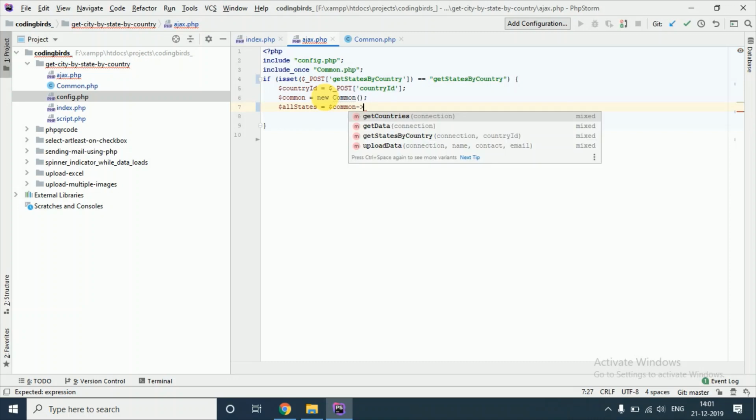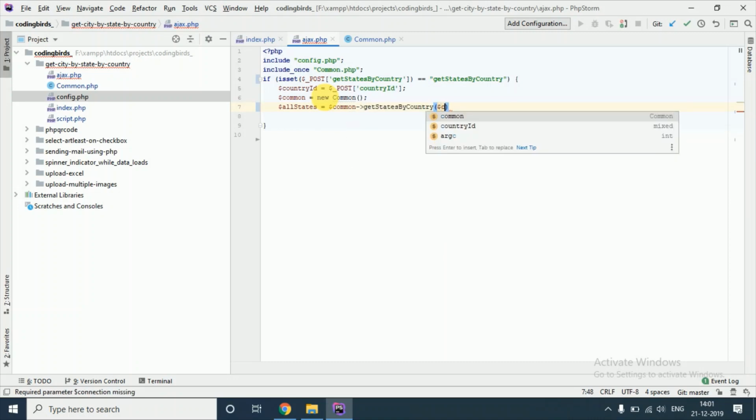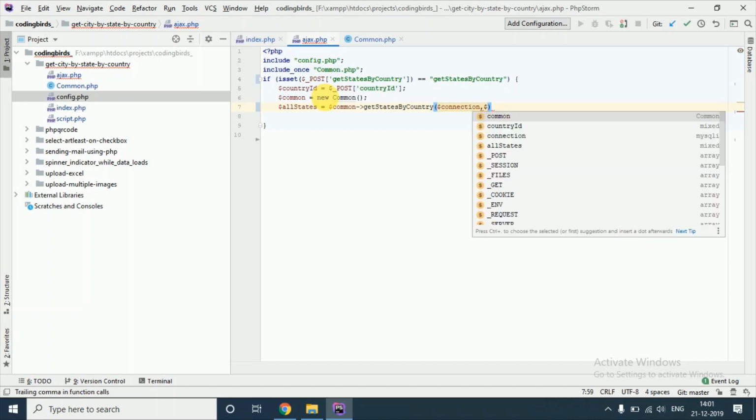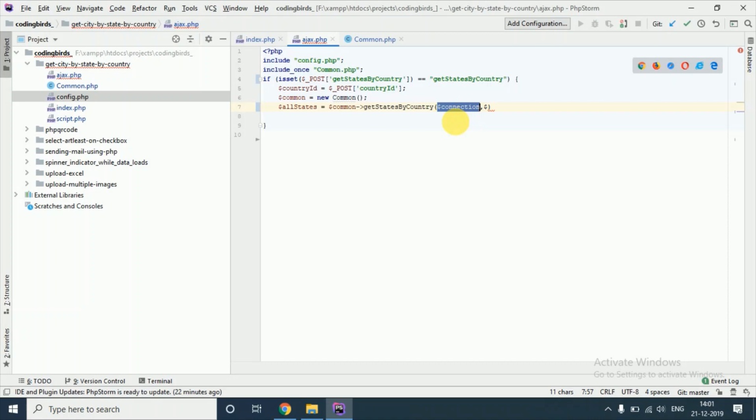Common arrow get states by country. Now pass this connection. This will not generate any error because the connection variable is contained in config.php, and we have imported it. Country ID,